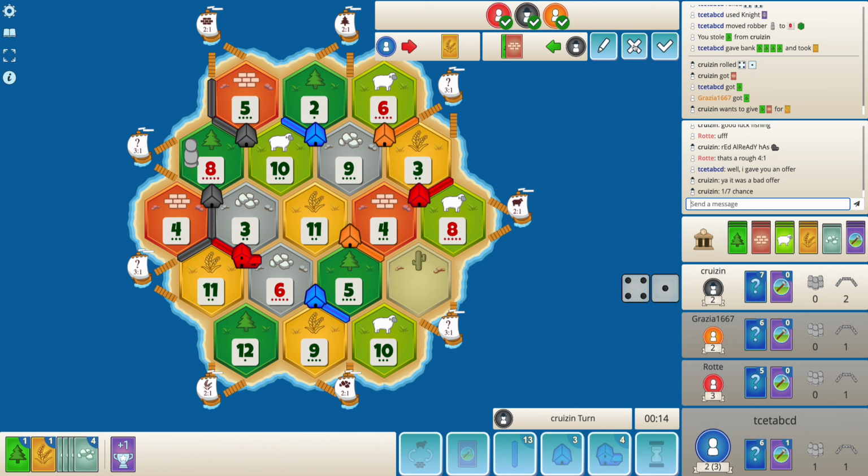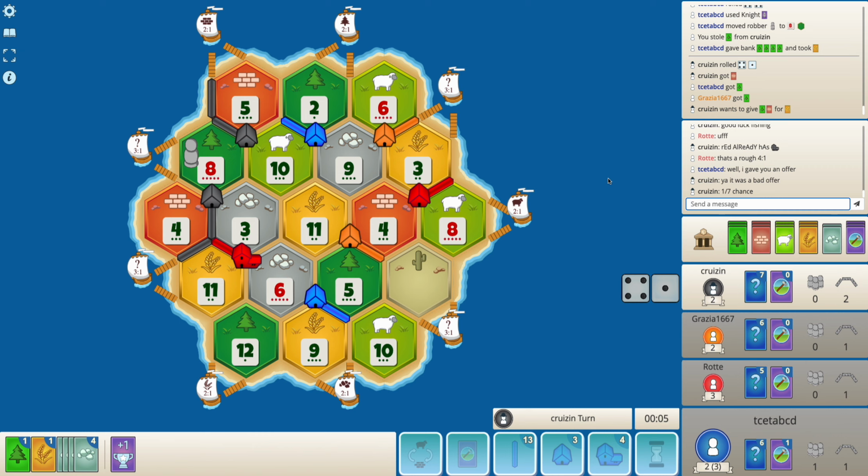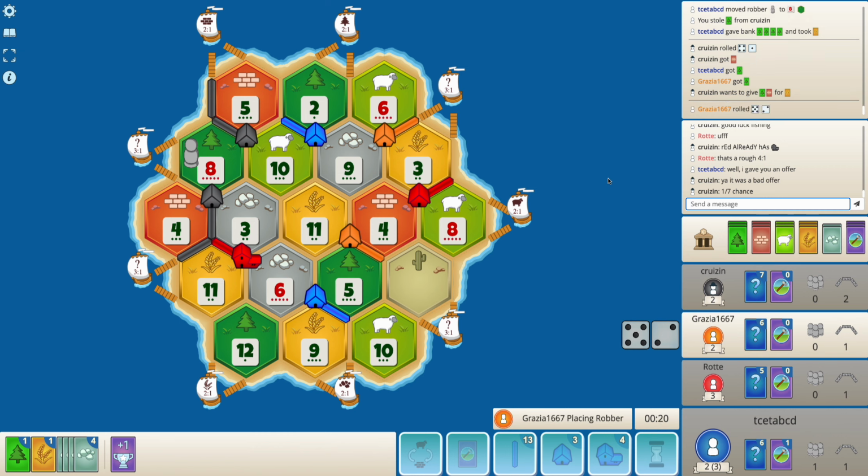I mean, this might still be a decent trade for me. But yeah, at this point, I don't want it. I think getting a city is much stronger for me. And here, I'm not sure what the bot will do. Bot should be targeting red just because they are ahead in points. Okay, seems like